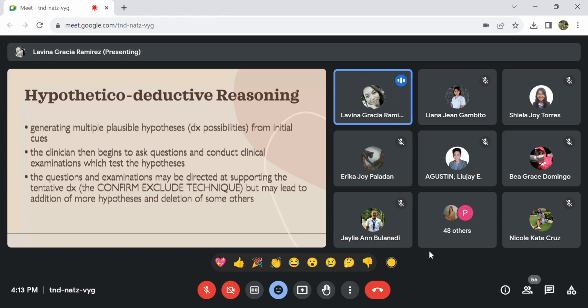So in hypothetico-deductive reasoning, this generates multiple plausible hypotheses. It means that you are not dwelling on only one, so you are not biased. You can check or give other possibilities that can cause that kind of condition. Let's say, let's make our mastitis more complex. You want to know how this mastitis occurs in that animal. So what could be the possibilities or other causations? The causation could be one of those plausible hypotheses.